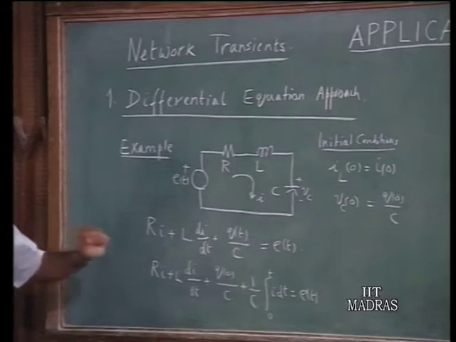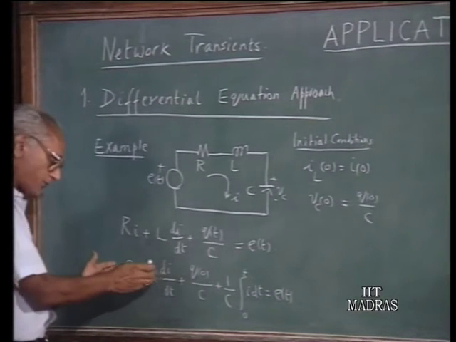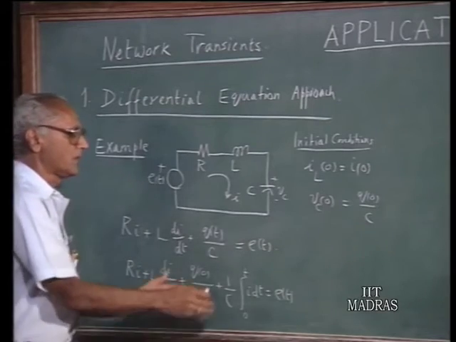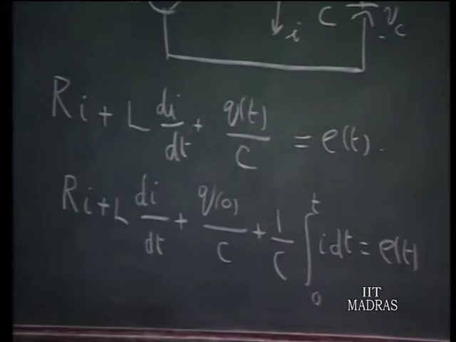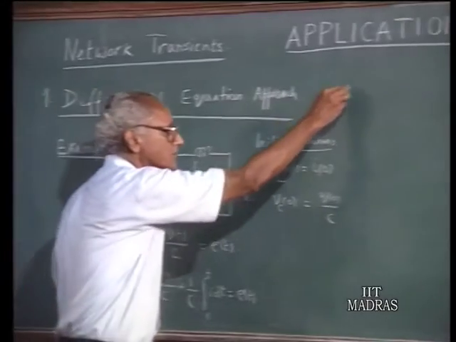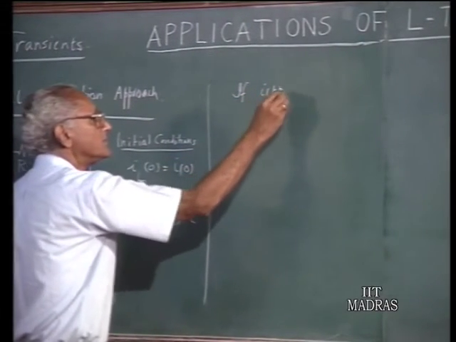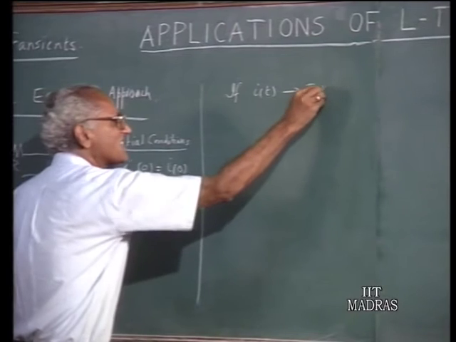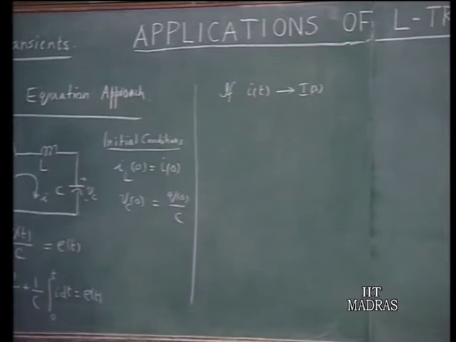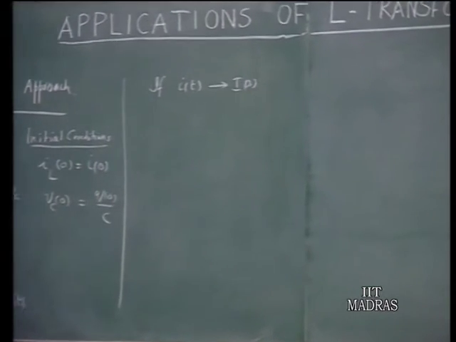Now to find out the solution for this differential equation, what we do is we take the Laplace transform of each term on the left hand side and the term on the right hand side. So each one of these terms in the equation, their Laplace transforms are taken. So if the Laplace transform of I of t is capital I of s, then Ri, the Laplace transform of this would be